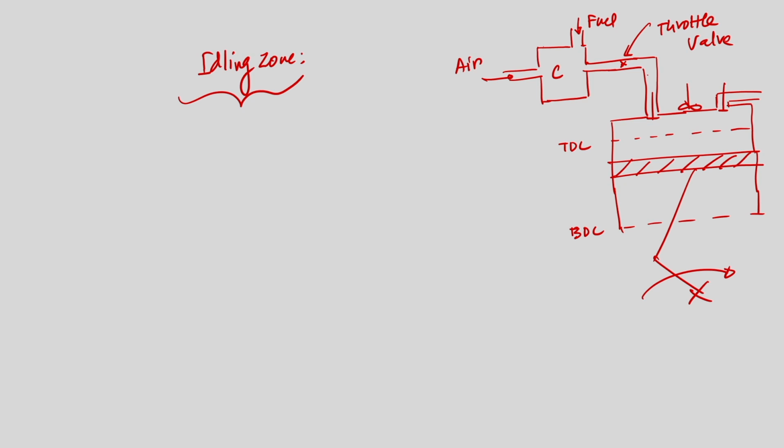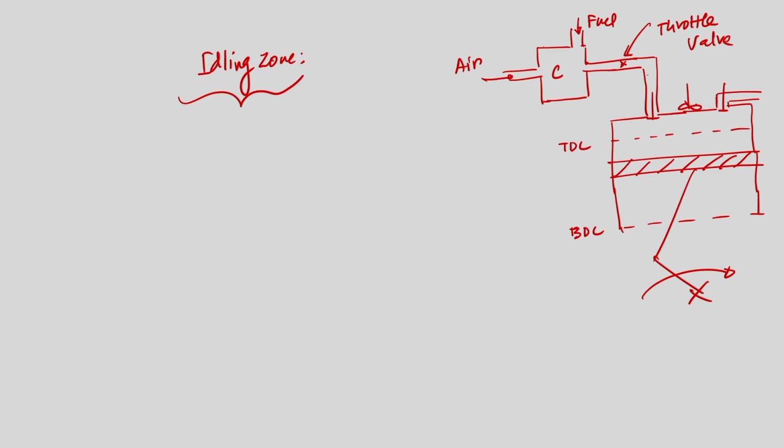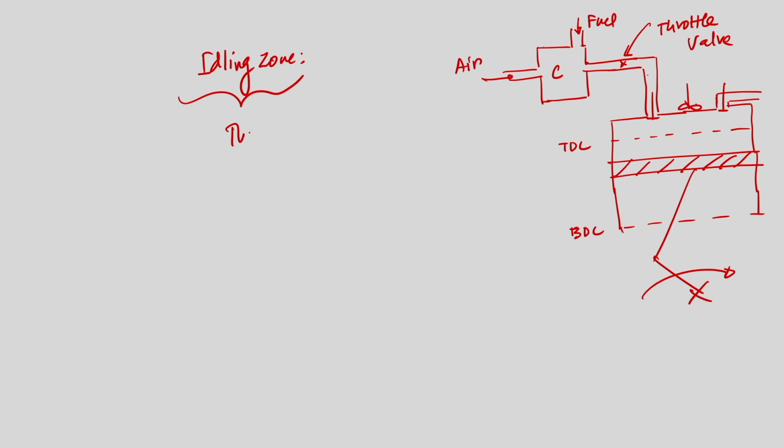So, the idling zone is defined, as I said, if I go back to my previous slide, that three zones are defined based on the load at which the engine is running. The idling zone is the zone in which the engine is running, but no load is demanded from the engine. So that means the throttle valve